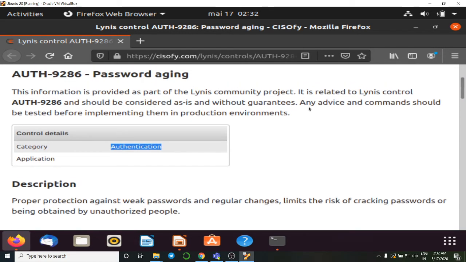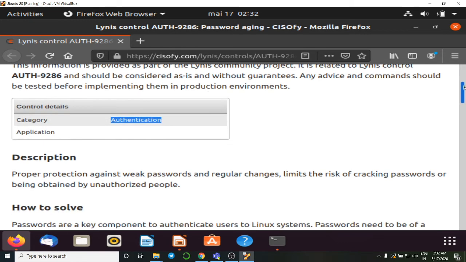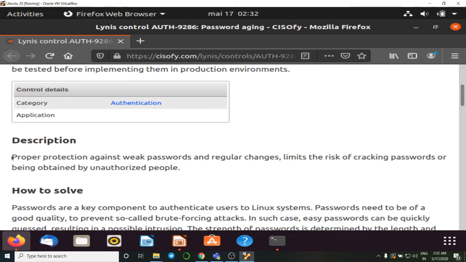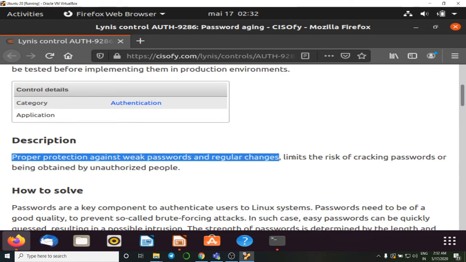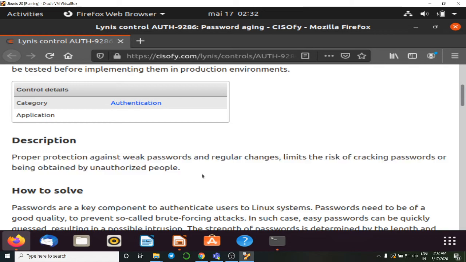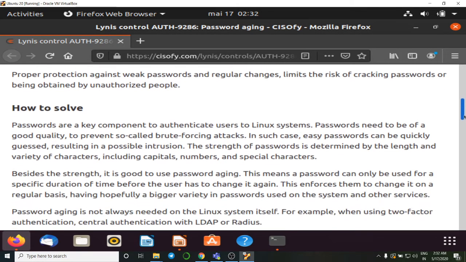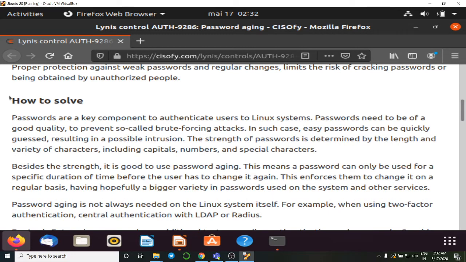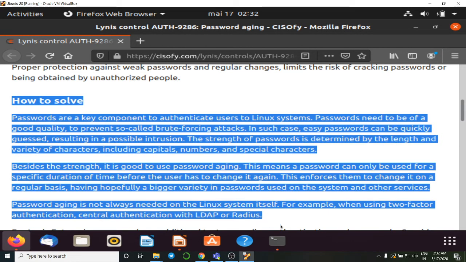The description says proper protection against weak passwords and regular changes limits the risk of passwords being cracked or obtained by unauthorized people. So this is related to the authentication problem of our system, and it explains how to solve this problem.